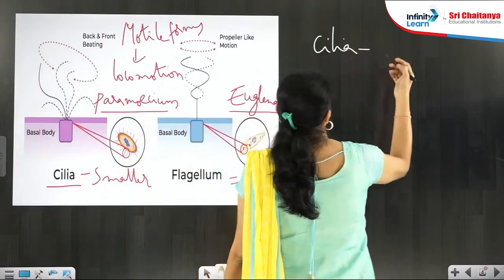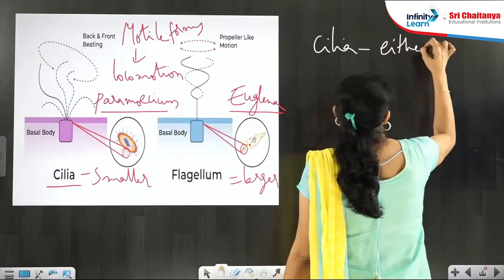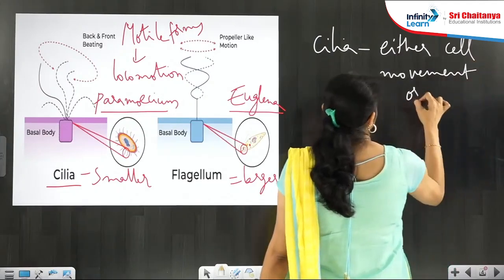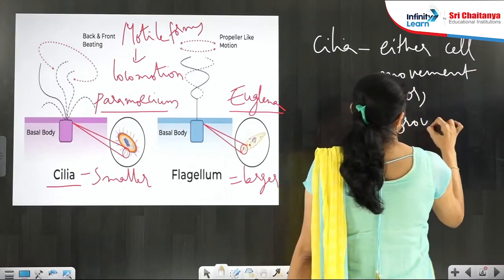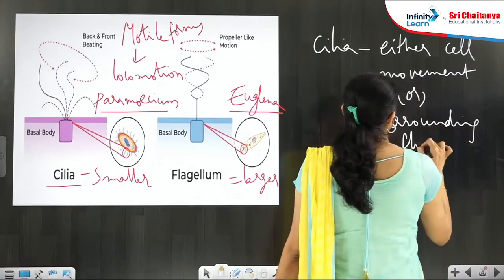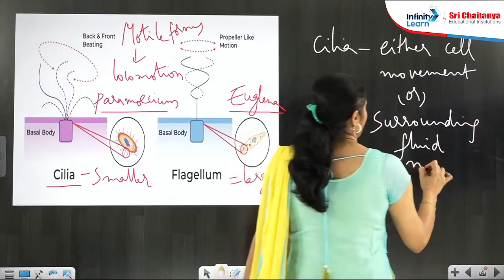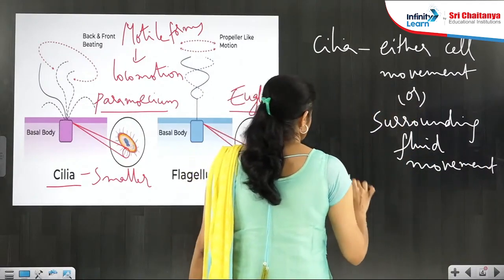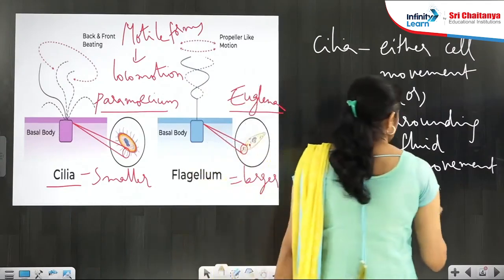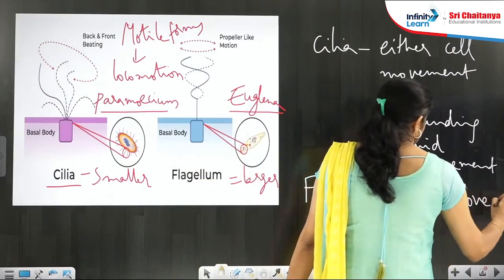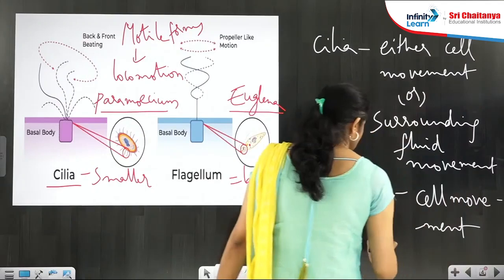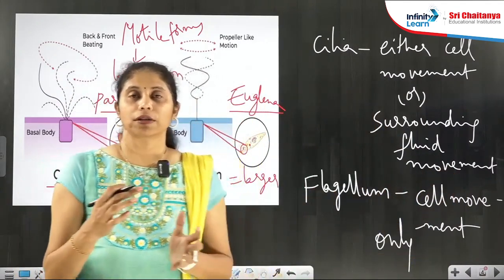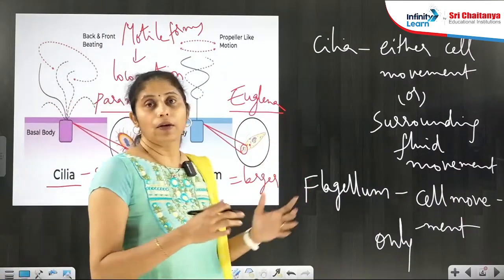Cilia provide either the cell movement or the surrounding fluid movement. But flagellum always causes only cell movement. Cell movement only. So generally the flagella cause cell movement only, but cilia can cause either cell movement or